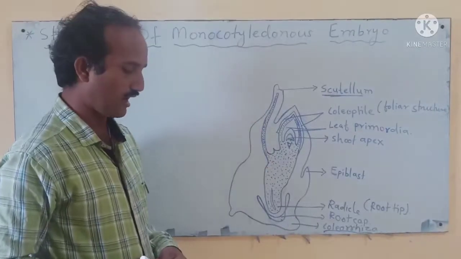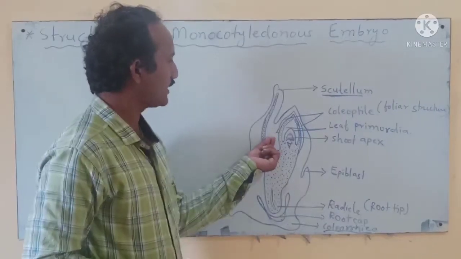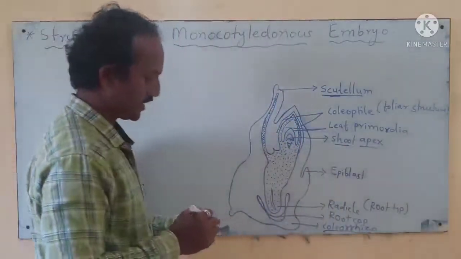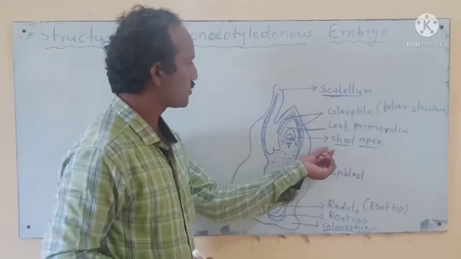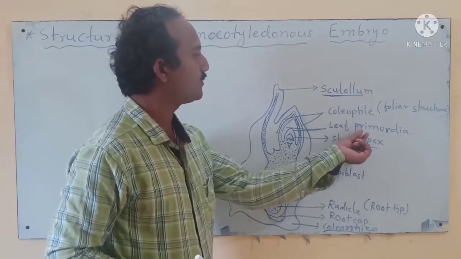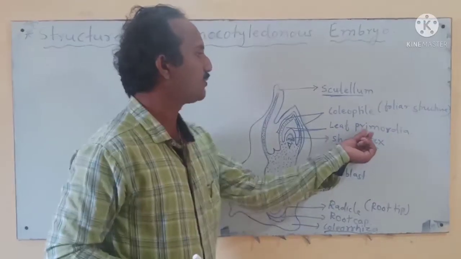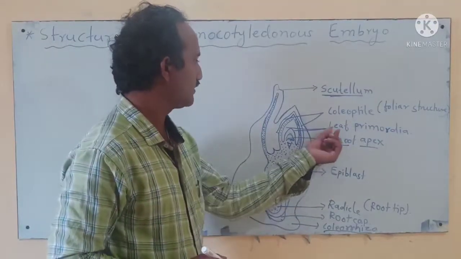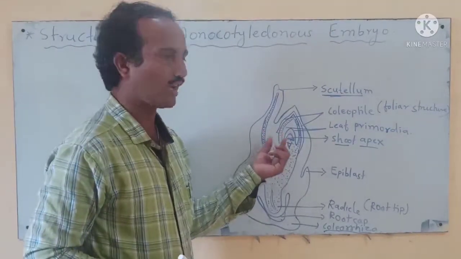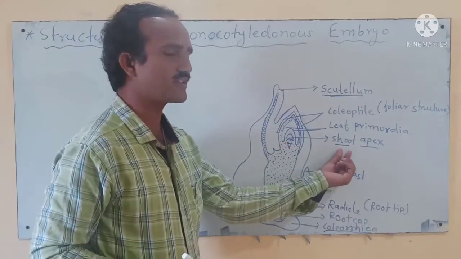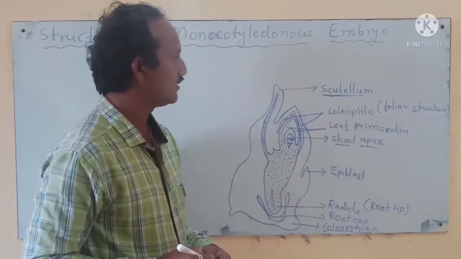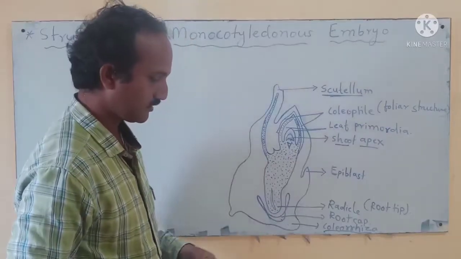In the epicotyl there is a shoot apex and a few leaf primordia. These are the primordial leaves. So the epicotyl has a shoot apex and a few leaf primordia that are enclosed by